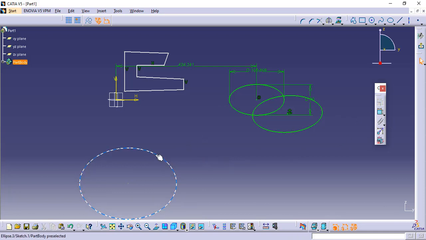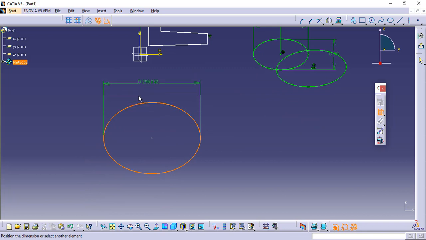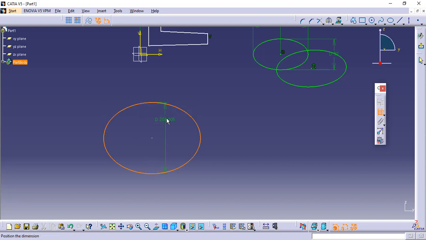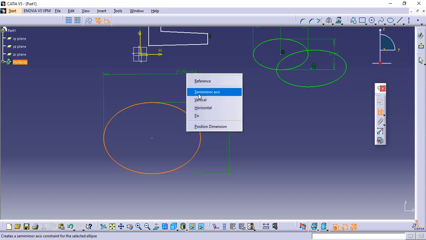Okay, first I will select the sketch, then I click on the command constraint. Now it is giving me a major axis diameter, but I want to first dimension the minor axis. So give a right click. Now there are some more options which I can put on this sketch. I want to put the semi major axis. Now you can left click to place the dimension. In the same way I select the command on the ellipse, right click, and I can give the semi minor axis.